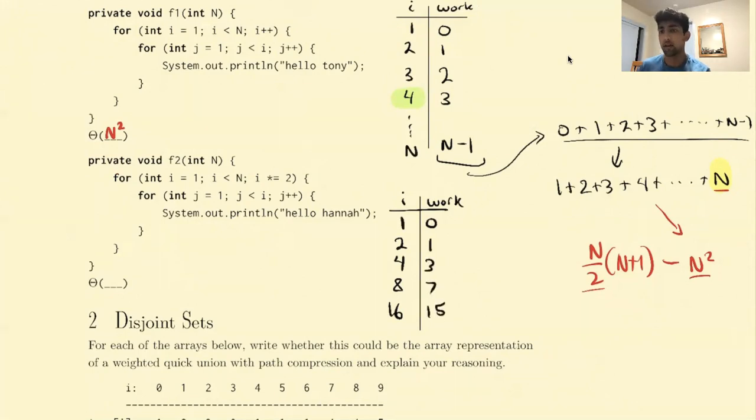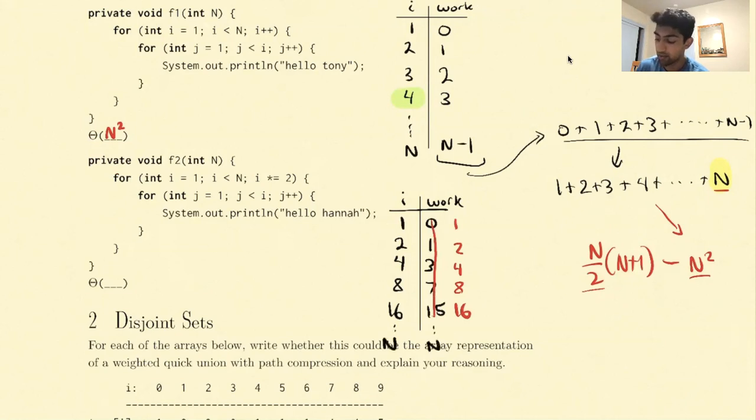So for simplicity, I'm just going to say that the amount of work we're doing is proportional to i, right? Just to make the numbers easier, let's add 1 to each of these. It's a nicer sum, okay? So the total amount of work that we're doing in this function